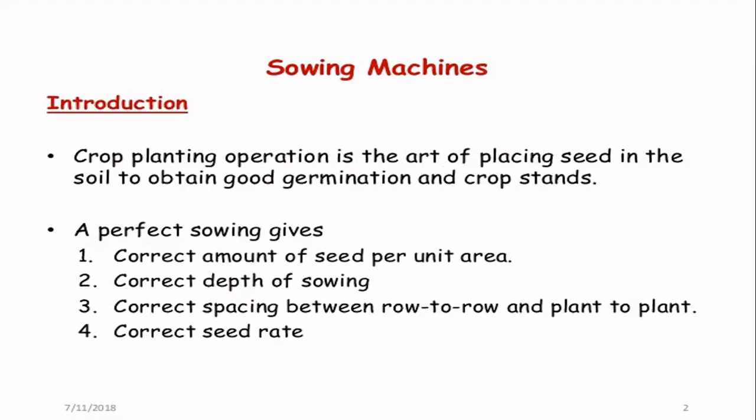Take the third one, the correct amount of seed per unit area. Here you divide into 10 square meter areas, then count the seeds; all the germinated plants should be equal. That means seed per unit area is correct. Correct amount means the same amount, or the spacing is correct. Depth is also correct because the machine penetrates the hole with a wheel having standard depth. With human work, the depth varies. So depth is correct.